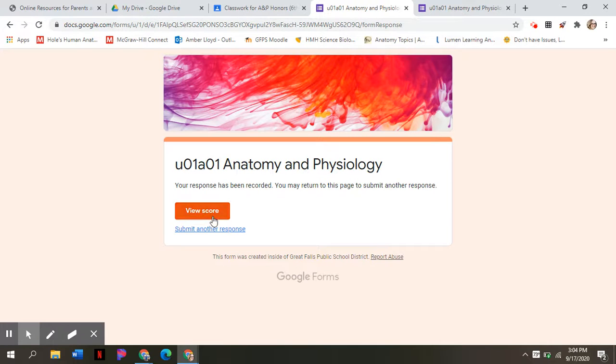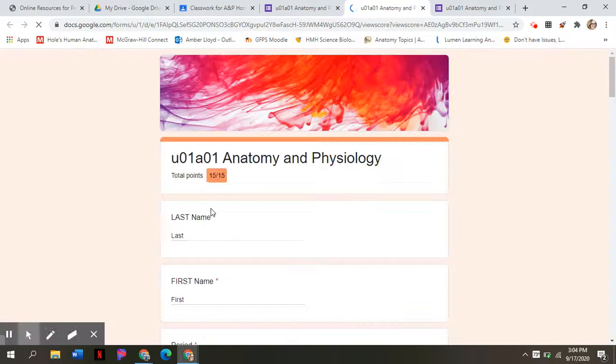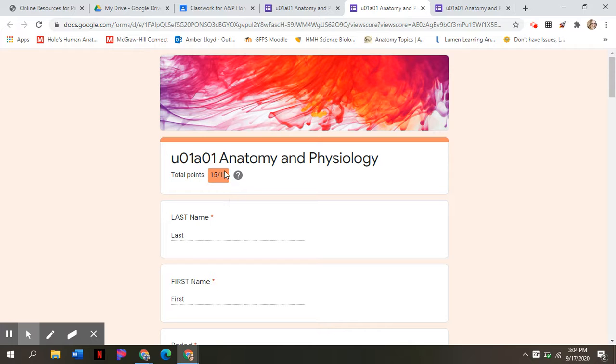So I went through and did it again. I'd want to view my score. All right, and this time I got a 15 out of 15. Okay, I'm happy with that score. I would always encourage you to redo these assignments as many times as you need to get the best score possible. I only take your best score, and you can go back and redo them at any point before your chapter